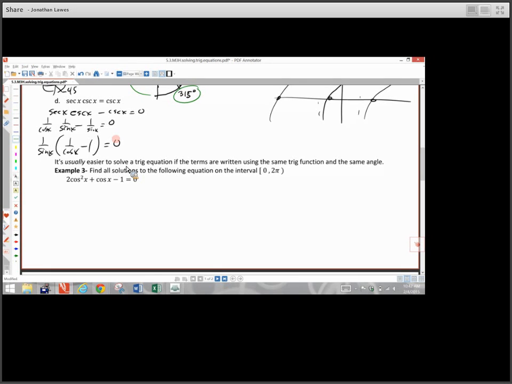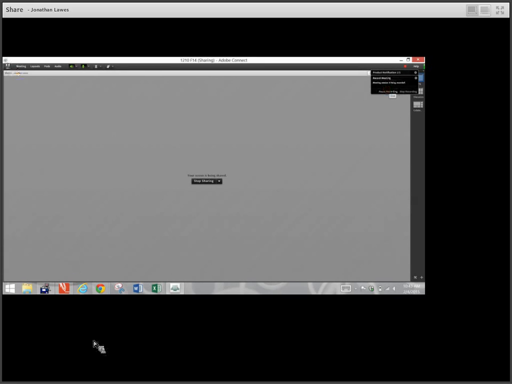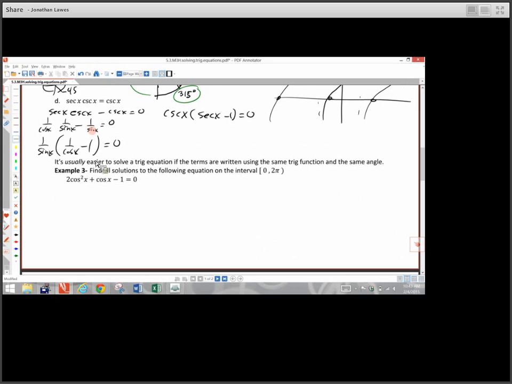Other ideas? You could have one of these on your assignment. What would you do? So a general rule would be, we like working with sines and cosines, but if you do this, you can finish solving it this way, but it tends to be a little more difficult. If we factor this out,